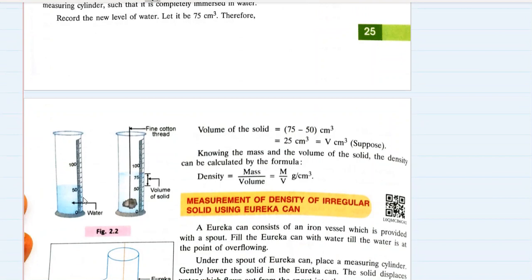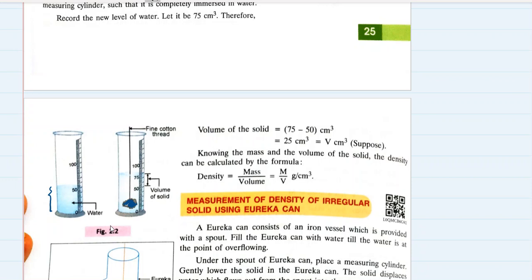a measuring cylinder. So what is the volume? How do we find the volume of a solid using measuring cylinder? First thing is you must make sure that the solid must be insoluble in that particular liquid which you are going to fill in the measuring cylinder. So here you see a measuring cylinder and it is filled with water, and you have an irregular solid whose density has to be found out. Maybe a stone, and we know that stone is insoluble in water, right?